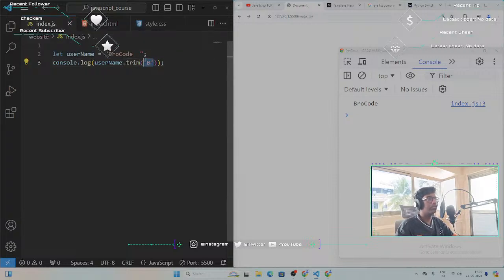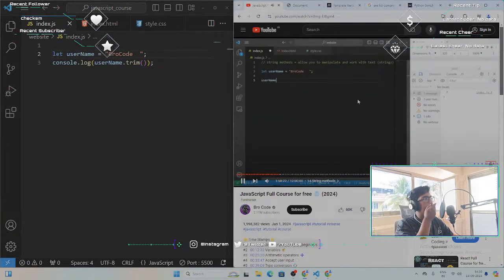Strip allows to do that, so maybe it's not the same after all. I will reassign username equal to our username variable dot